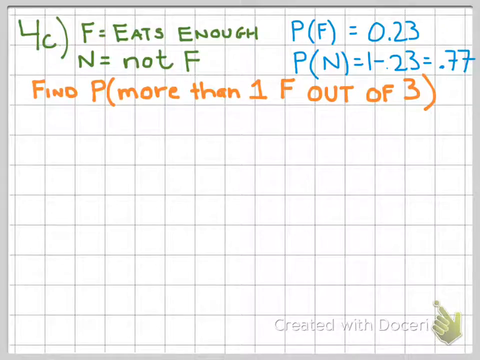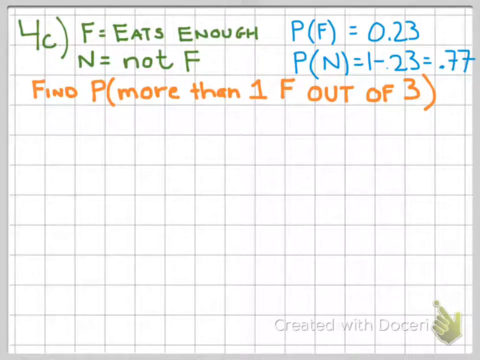We have the probability of F, which I'm saying F eats enough, is 23%, so I made that 0.23. And then I have N, which is the event that a person does not eat enough, so N is 1 minus 0.23, which is 0.77. So to answer this question, I need to consider all the cases where there is more than one F in